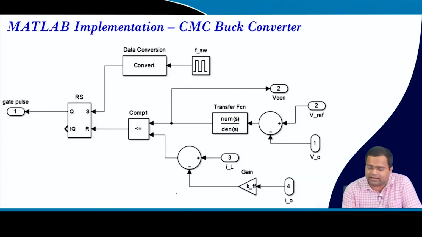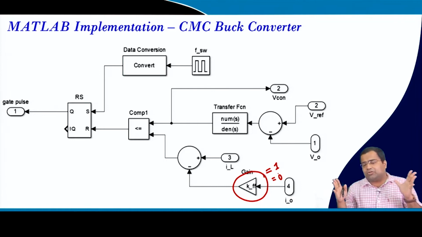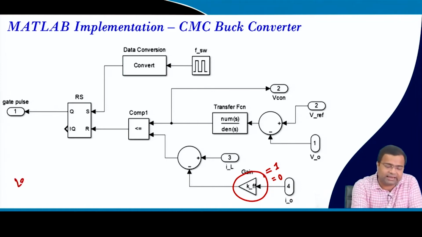And here we are also considering an additional current feedback loop, load current feed forward. Either you can put it 1, then it will be a load current feed forward, and if you set it to 0, then there is no load current feed forward. Okay. So, in regular current mode control, we have discussed in lecture 38, that if you